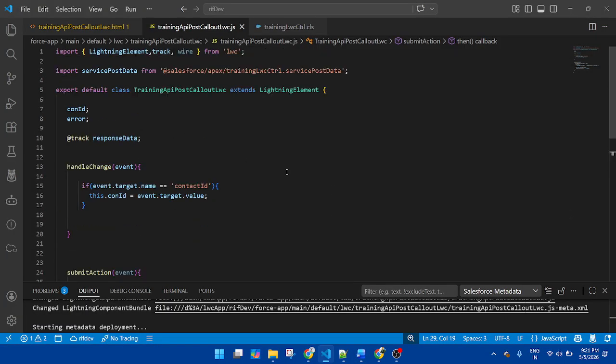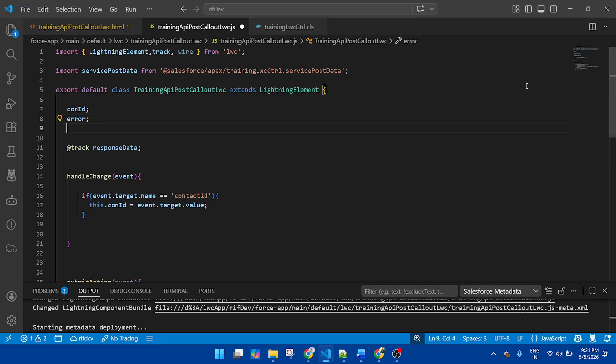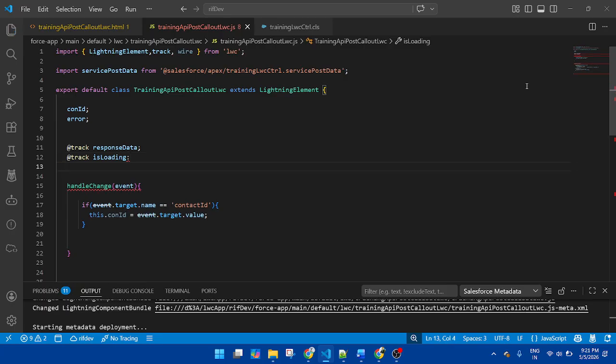So first I will create another variable. Let's suppose I am creating a track variable, isLoading. This is a variable. So Vivek and Rachna, you got how REST API integration works and how to display data in the LWC component?